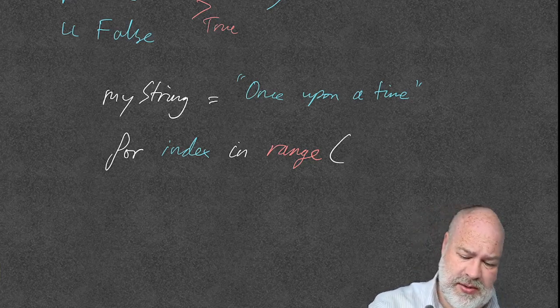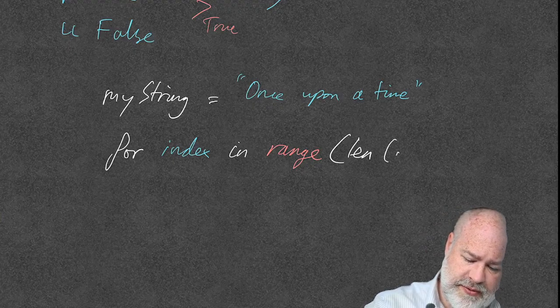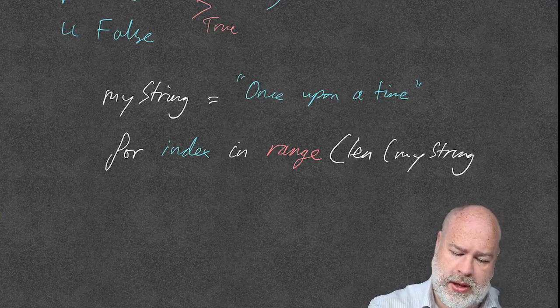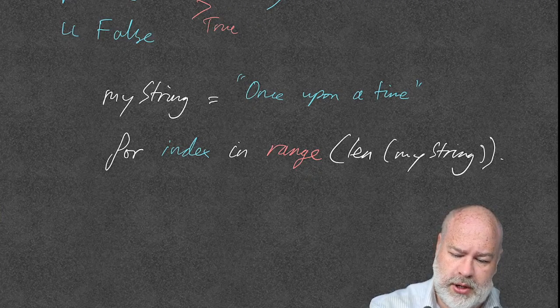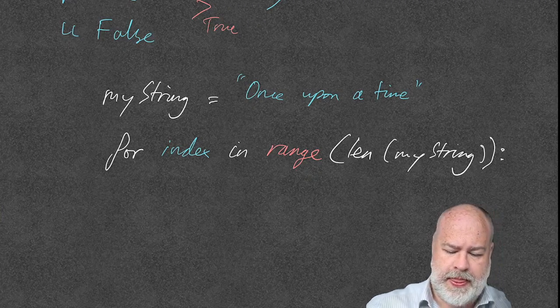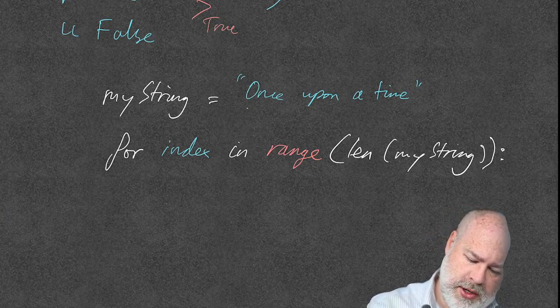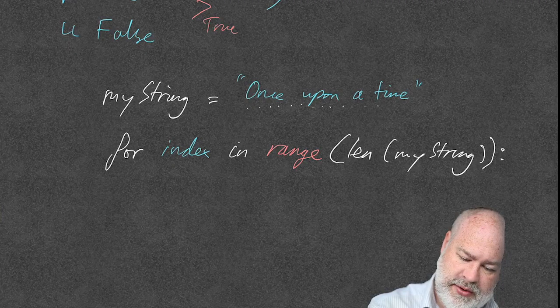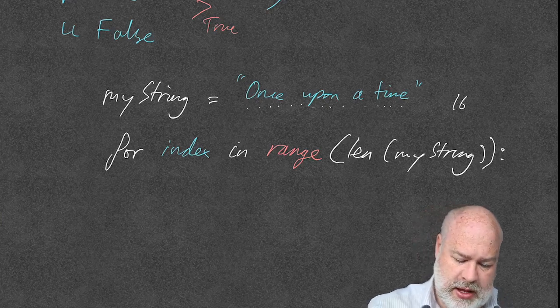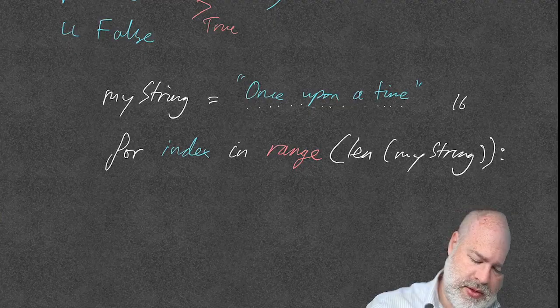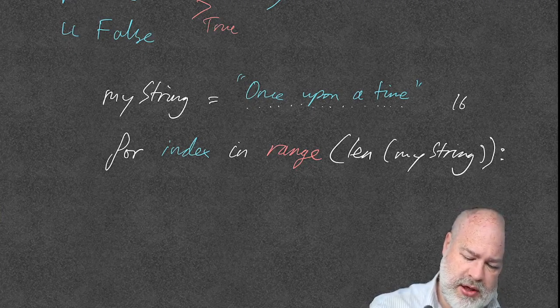We don't know how long it is, so we can say the length of my string, colon at the end, which is 1, 2, 3, 4, 5, 6, 7, 8, 9, 10, 11, 12, 13, 14, 15, 16. That'd be 16 because I include the spaces in that as well. So the for loop would iterate over each one of these in turn,